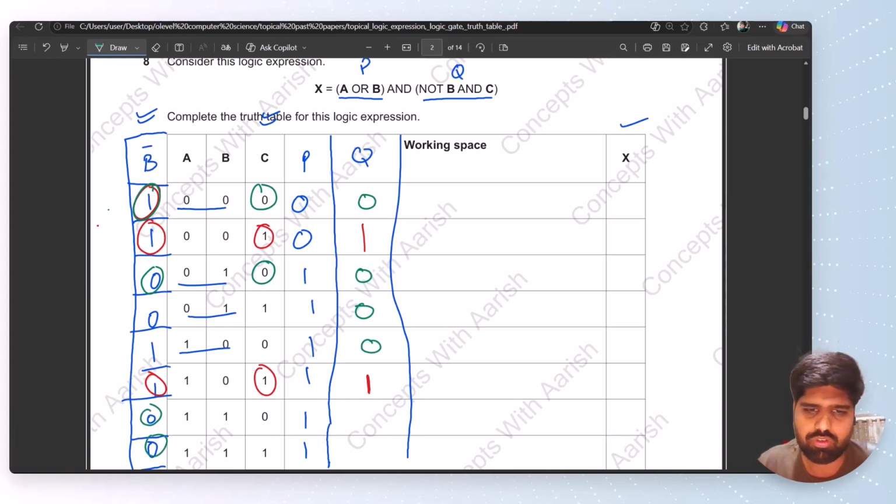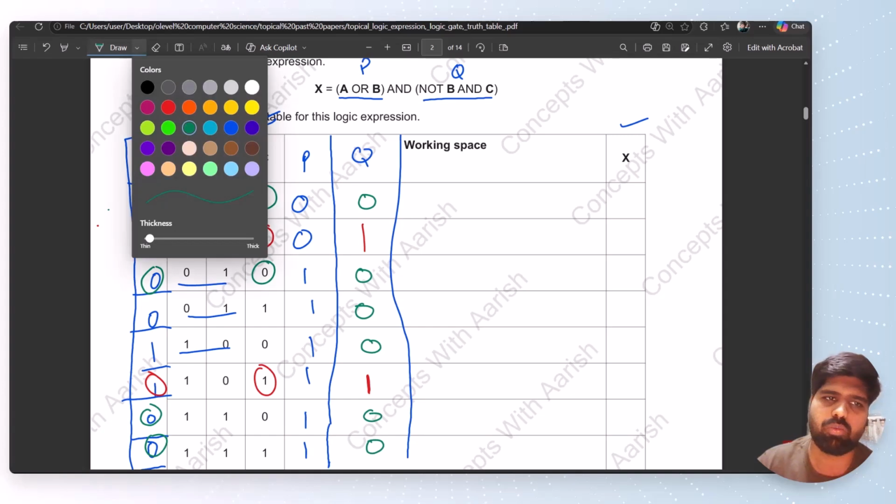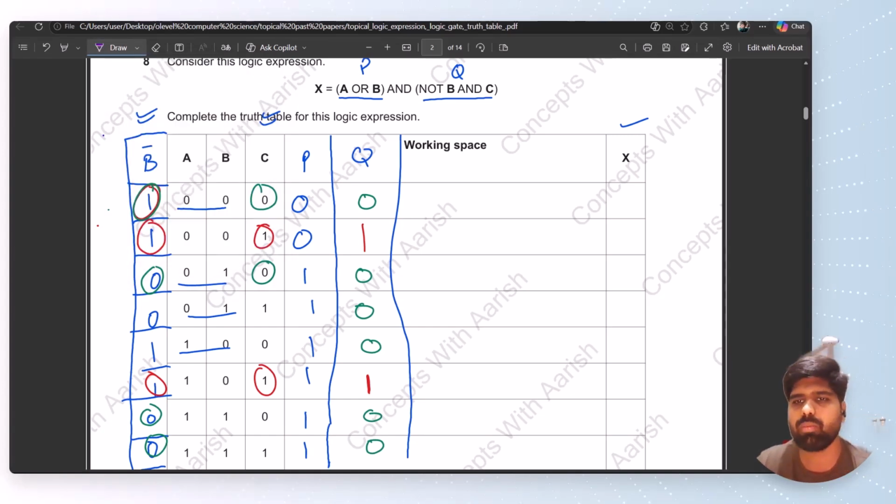So there's 0 0, so you don't have to check the second one, you can just simply put a 0 over there. Now you have to apply AND in between these two. Again, both have to become 1 in order to give you output as 1, otherwise it will be 0. So the first one has zeros in it, so it will produce a 0, 0